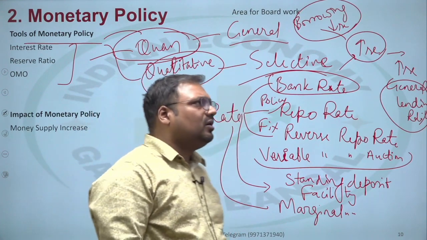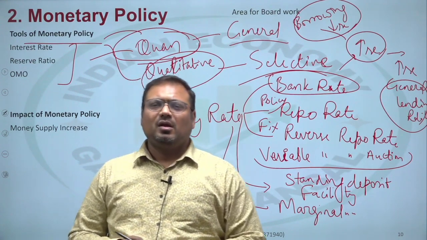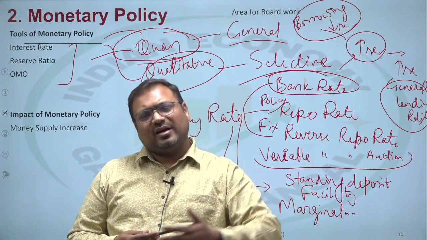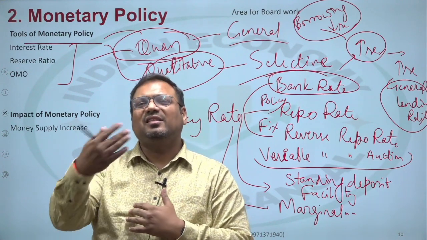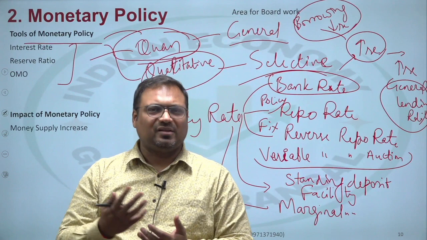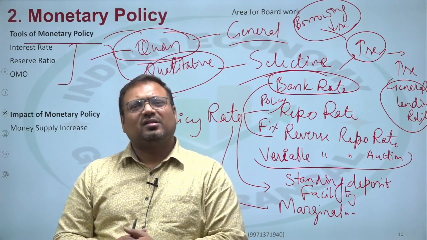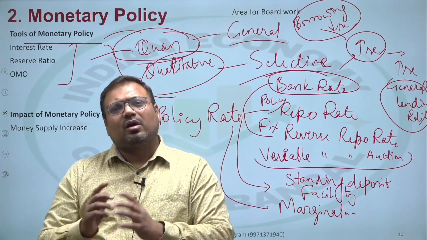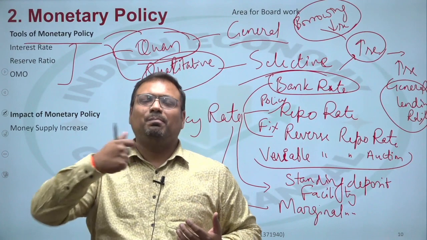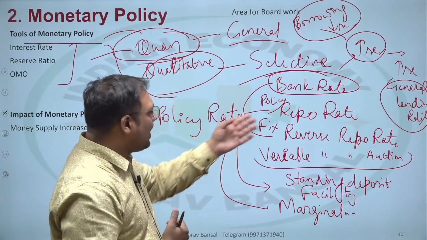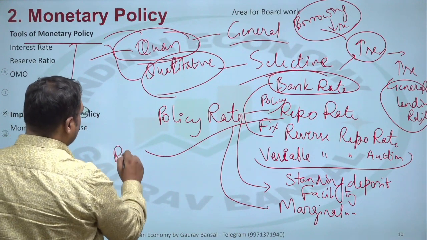Policy repo rate. Now the bank rate is the rate at which banks can borrow from RBI. In repo, banks again borrow from RBI, but this is not technically borrowing. Here banks sell their securities. Banks have certain securities, some assets, particularly in this case government securities. Now they sell these government bonds to RBI, but with a promise to purchase them back at a later date. So repo, actually the full form of repo that we use today, is repurchase.